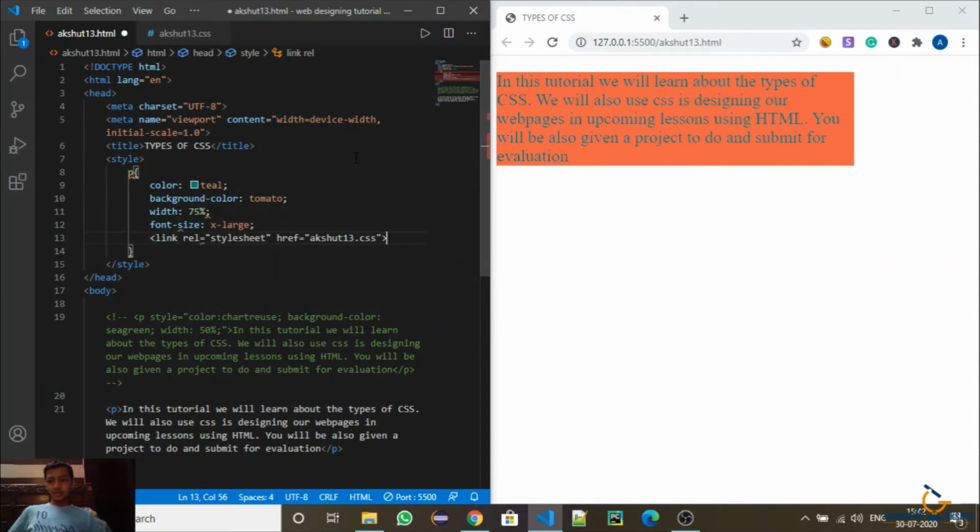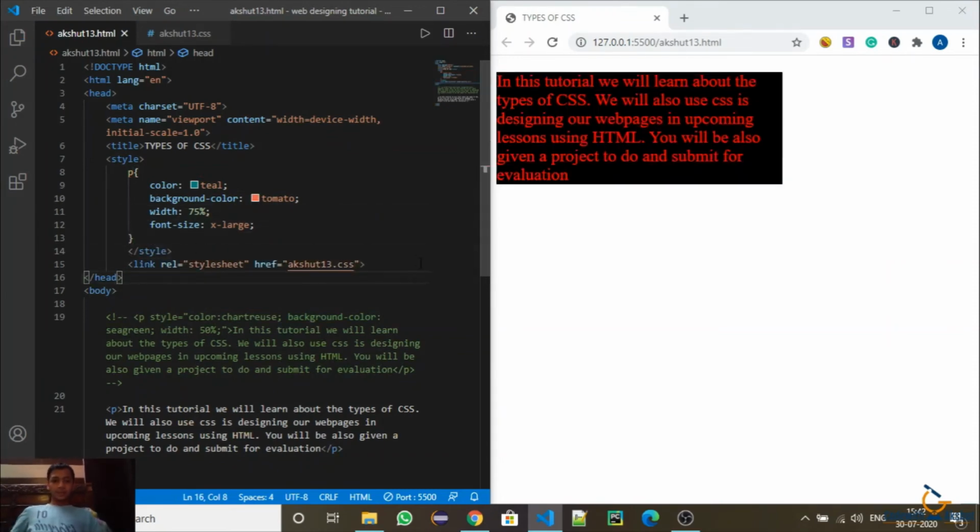Let me tell you that the thing which comes first works first in CSS. As you can see, if I display two paragraph tags, the first one will be displayed first and the second one second. It is like that in CSS too.